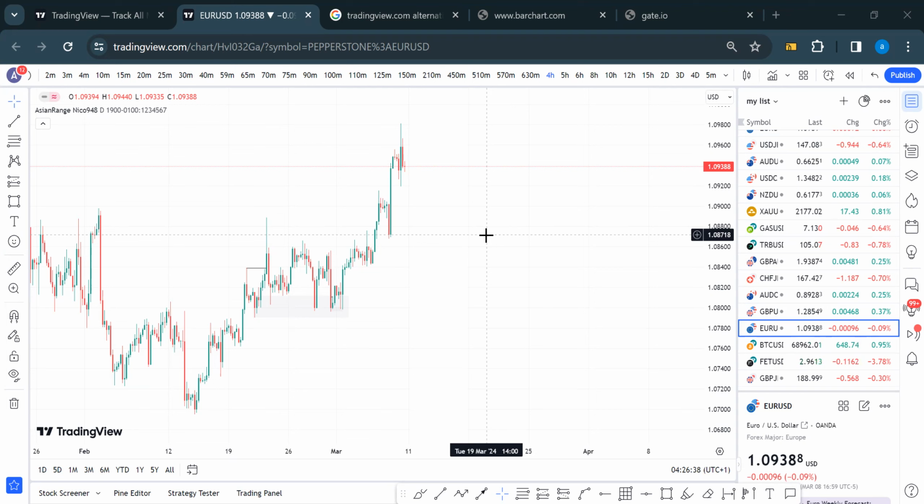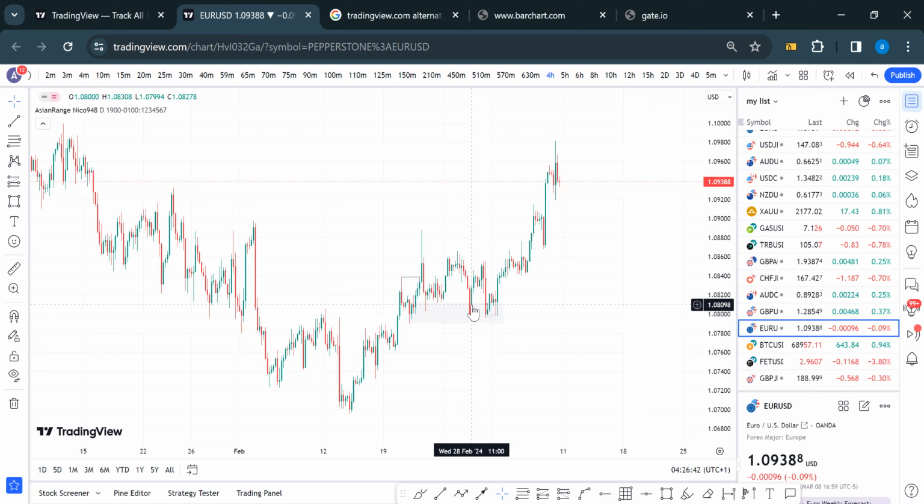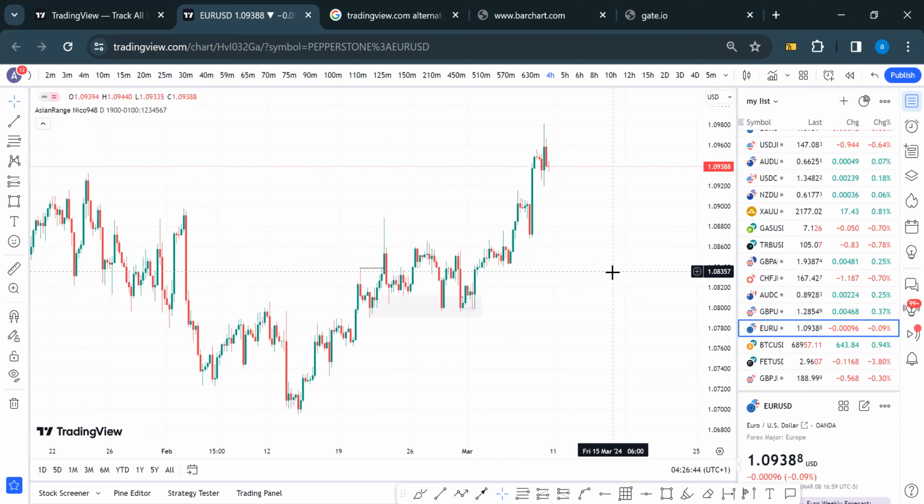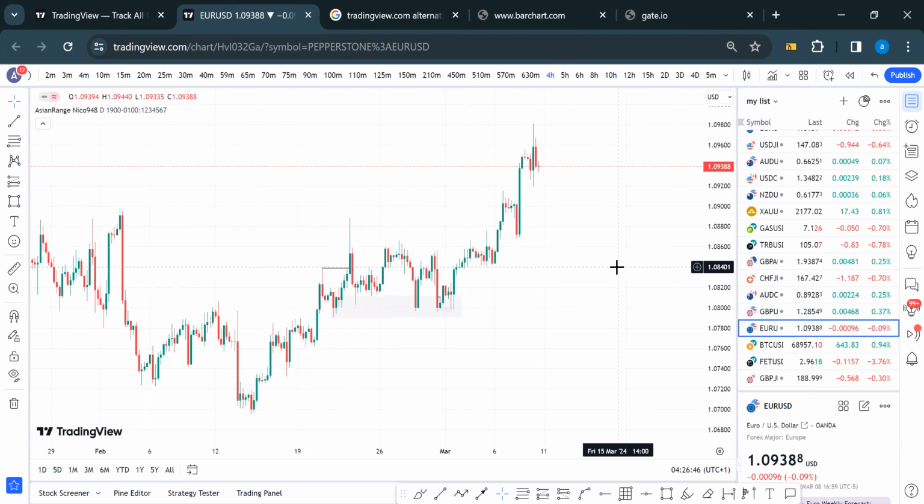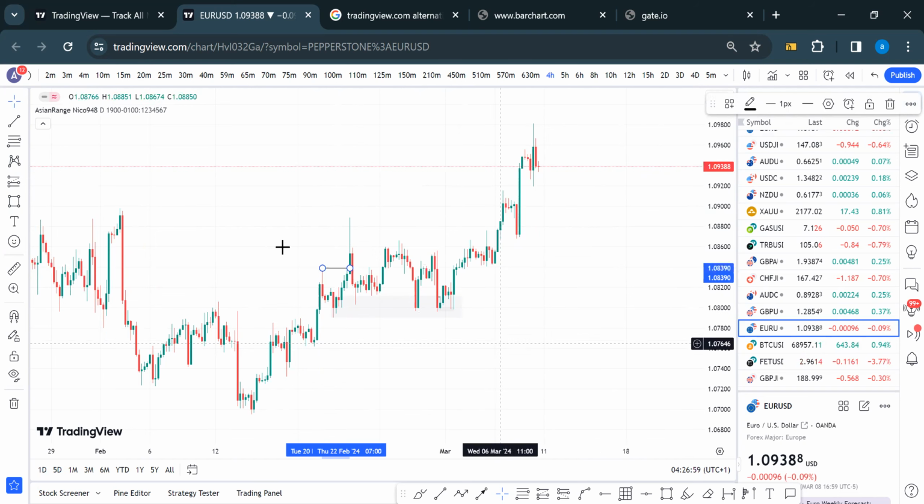So first and foremost, you have to use 4 hours, just the 4 hours time frame. You will not be using internal structure. You will not be using fractal or anything. You just use 4 hours. When you're on 4 hours, you look for break of structure. Okay. Now let's say we have a break of structure here. All right. So if you have a break of structure there,